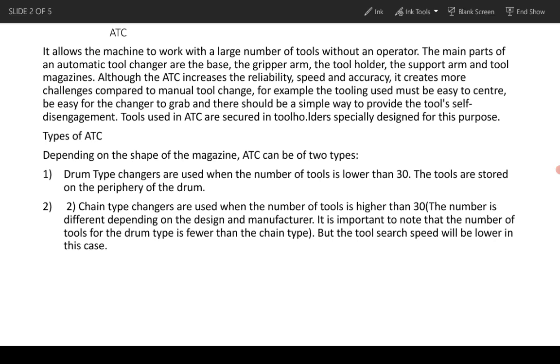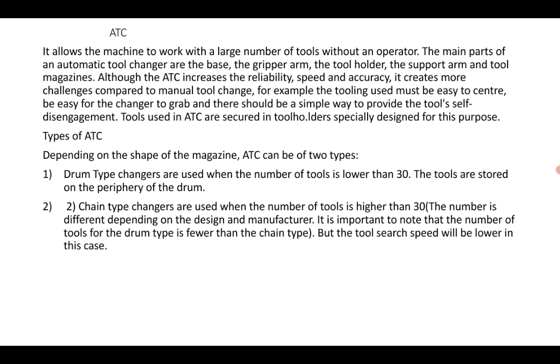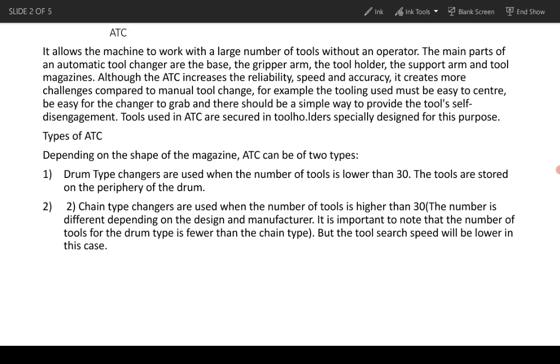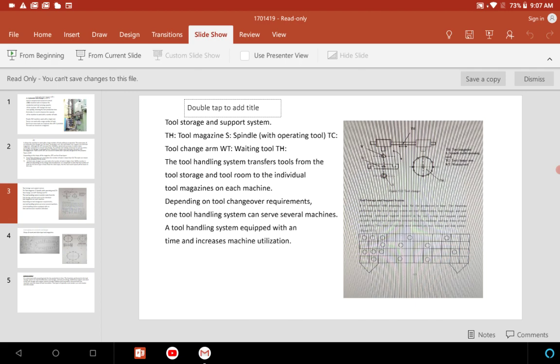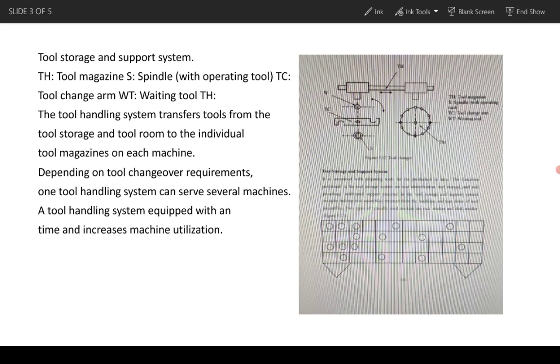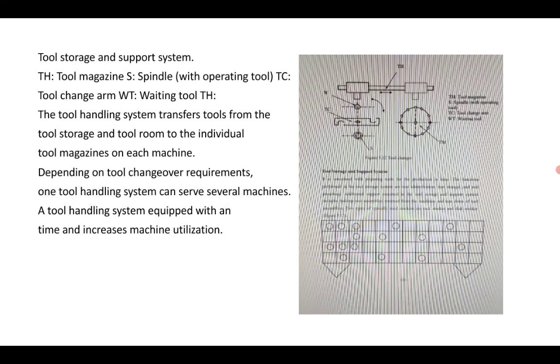This we have seen about the tool magazines and the types. A few more 2D diagrams you can see here, how the gripper rotates, and in the drum type it rotates and holds the tool and inserts it in the spindle of the machine.